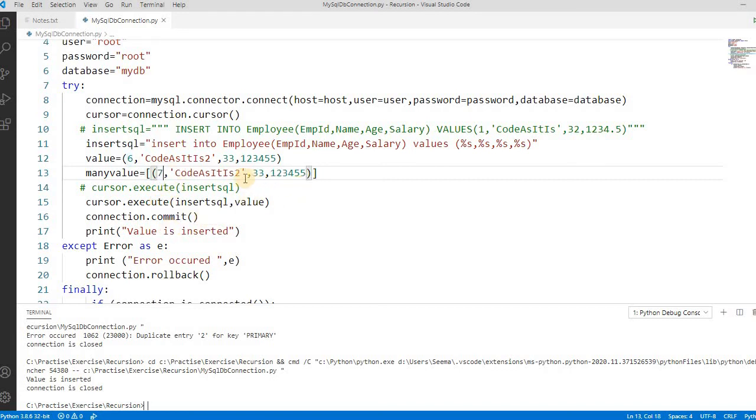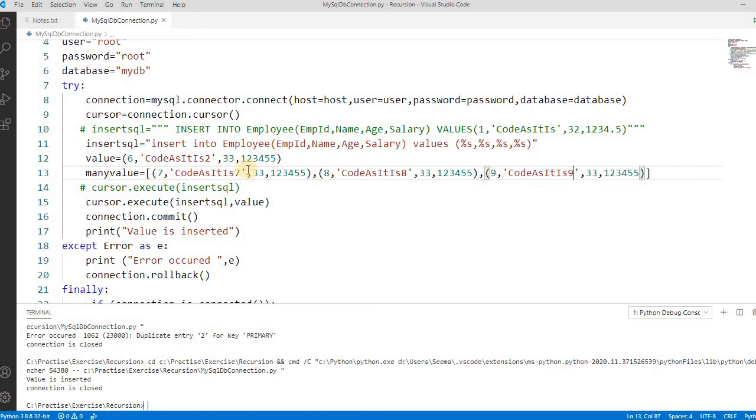So we say something like 7, right? And then again copy it. It says something like 8. Let's take one more value, like 9, and then it should be okay.